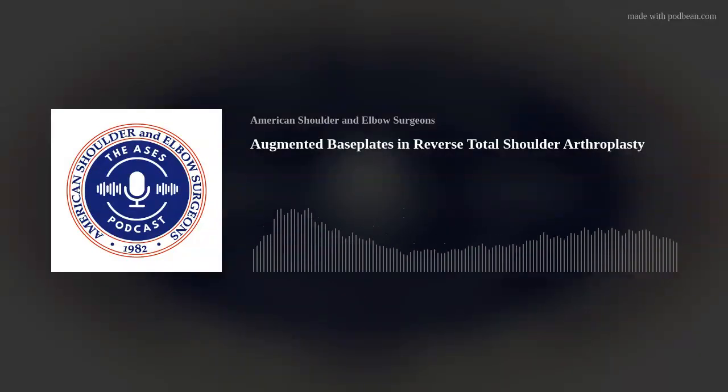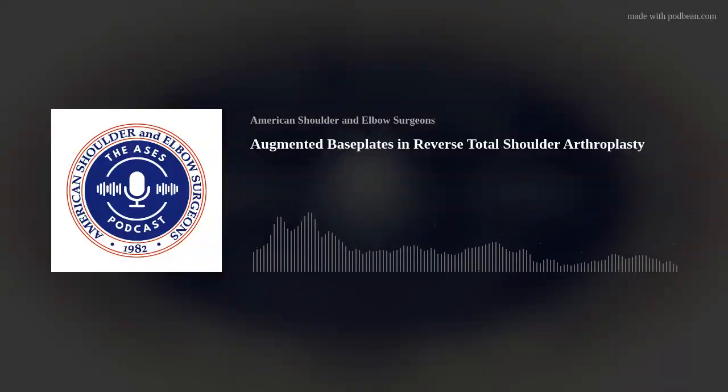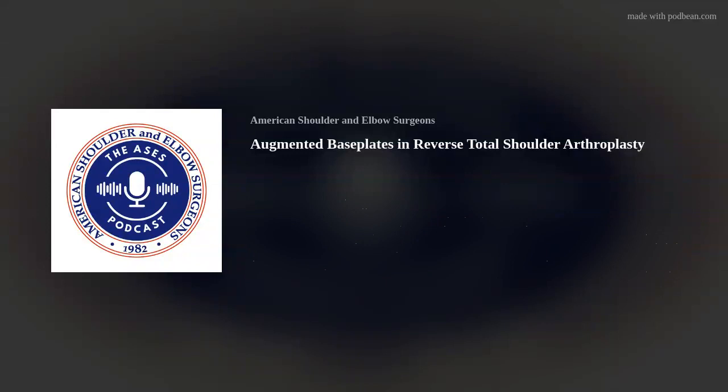I think we've all seen this patient. They've got severe medialization, but there's not necessarily a lot of inclination or version deformity. It's just that they've had a lot of medial wear. They've got that A2 glenoid, that E1 glenoid. So how are you addressing that, Andrew? Are you bone grafting that patient, or are you trying to fix that all on the glenosphere side? What is your strategy there?